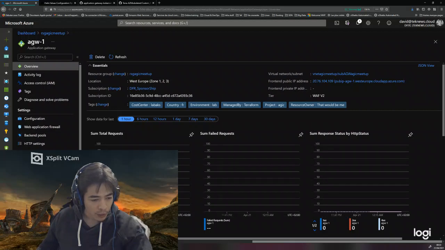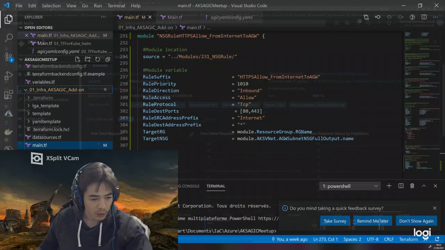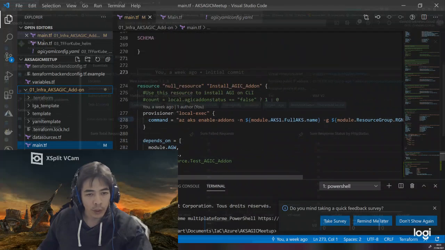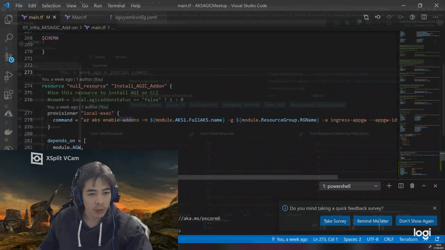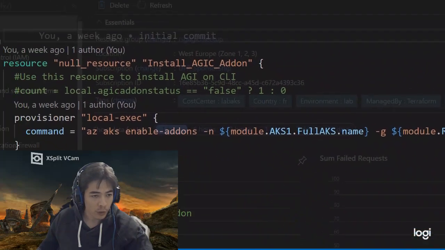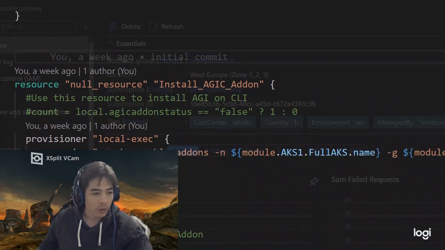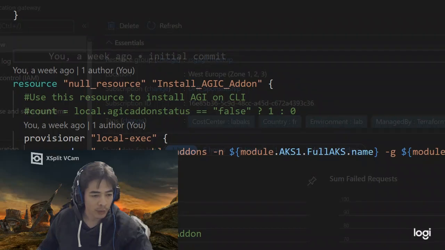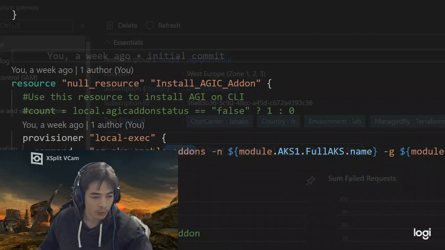And what I will do now is install the application gateway add-on. We'll do that this way. As you can see here, I have a Terraform configuration which uses a null resource to apply a local exec with an az CLI command.